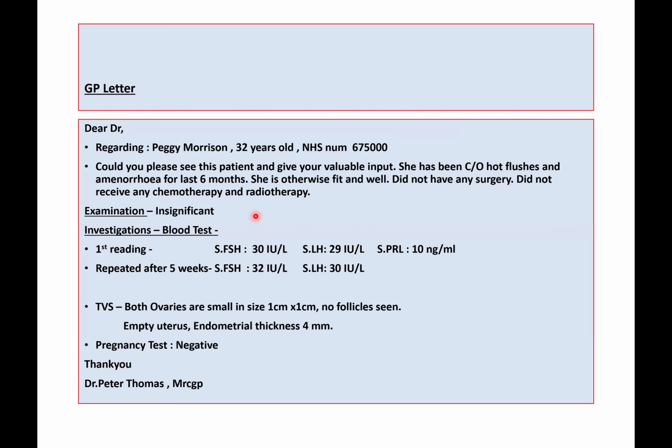Am I clear to you? We also have another hormone, prolactin, which is normal. A scan has also been done, which says both the ovaries are normal, the womb is normal, and the inner lining of the womb is also normal. He has also done a pregnancy test for you, which is negative. Considering this, Peggy, and your concern,